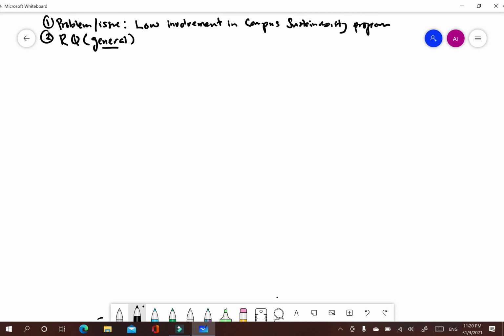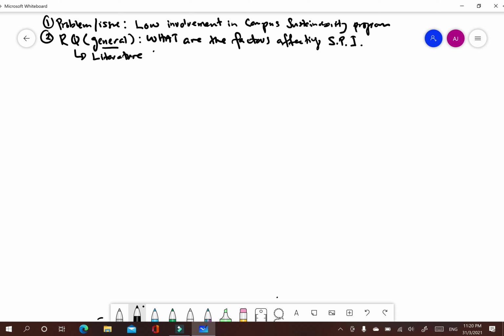For example, what are the factors affecting sustainability program involvement? Okay, so in order to know all the possible factors, we have to carry out a proper